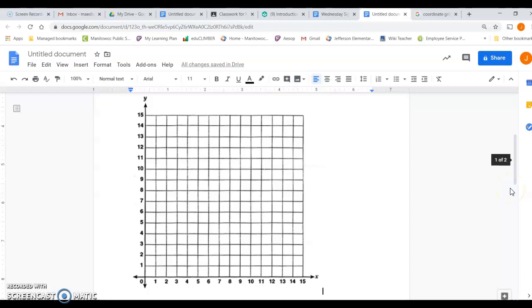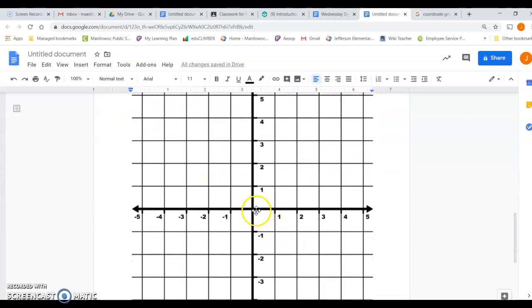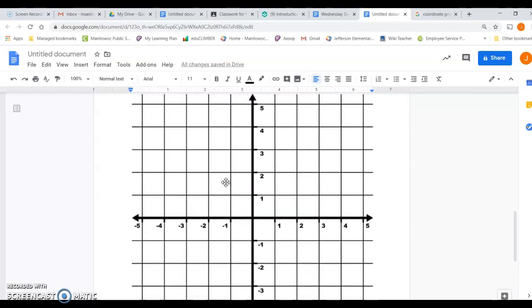So we are going to look a little bit at your next math task. What I have in front of me right here is a coordinate grid. It can look like this, where it's just one side with positive numbers going this way and positive numbers going up. Or there can be a coordinate grid where it looks like this. We have positive numbers, we have negative numbers, we have positive numbers, and we have negative numbers. So these are two different ways that you're going to get to look at a coordinate grid